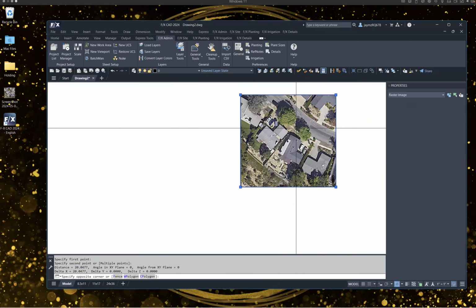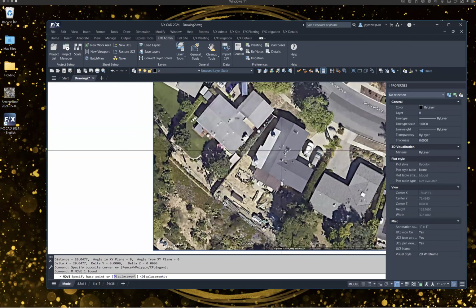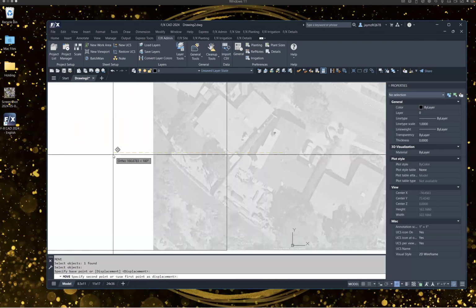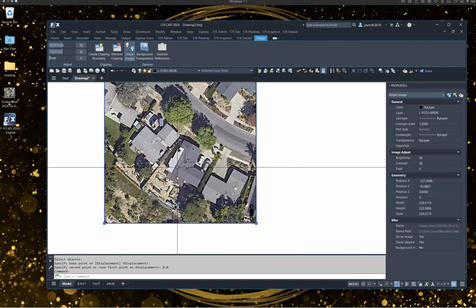If we want, we can go ahead and move this to orient it to 0, 0. So if we said we want this point, I can hit M for move, press enter, select the objects. I'll select the image, press enter, specify my displacement point. So I'll just click this spot, and then it's going to ask me to click where I want it to go or type a coordinate. I'll just type 0, 0 and hit enter. Now we have our image centered around our origin the way we did the other one, and we have it properly scaled.